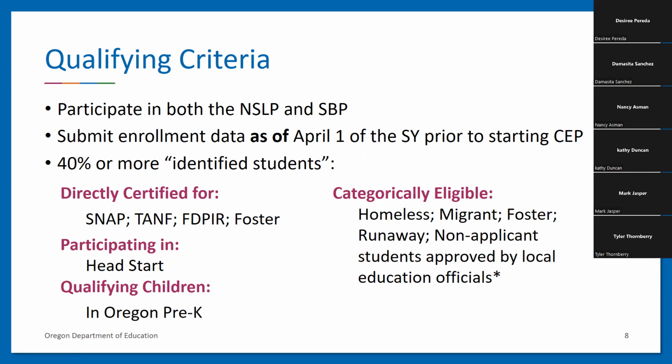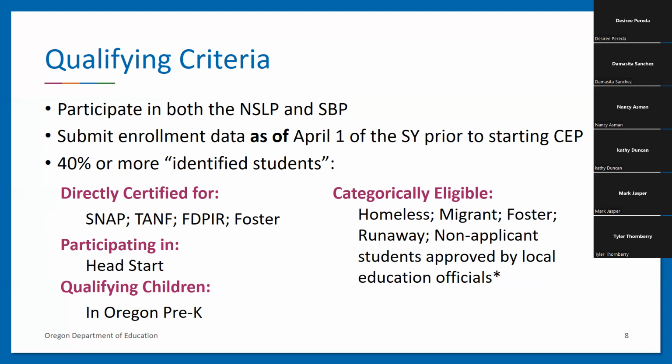more identified students. Identified students are those students who are directly certified using Oregon's secure online direct certification system, identifying SNAP, TANF, FDPIR, and foster students. Identified students could also be those who participate in Head Start, who qualify in the Oregon pre-kindergarten program, or are other source categorically eligible students, such as homeless, migrant, foster, runaway, or in special situations where meal applications are completed